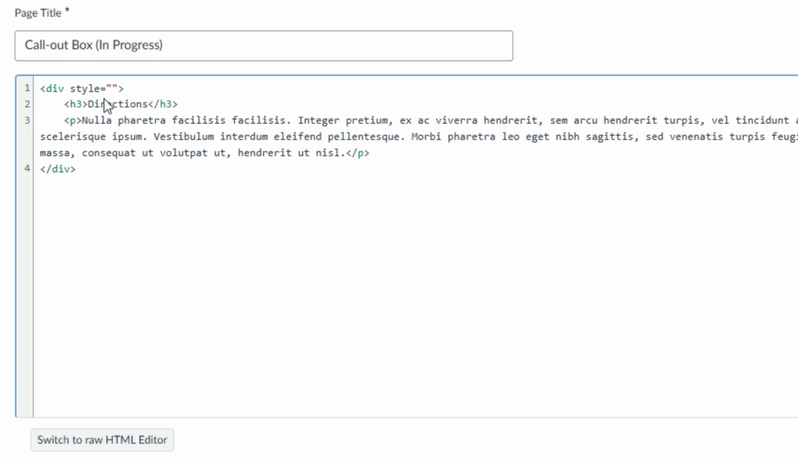Inside the quotation marks, type border colon solid 1px followed by your desired HTML color code and end with a semicolon. To round the corners, add border dash radius colon 5px semicolon. To add a background color, type background dash color colon followed by your desired HTML color code and end with